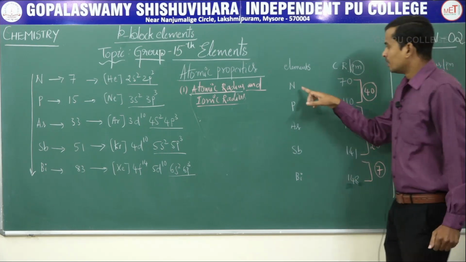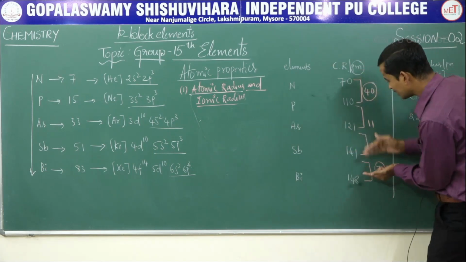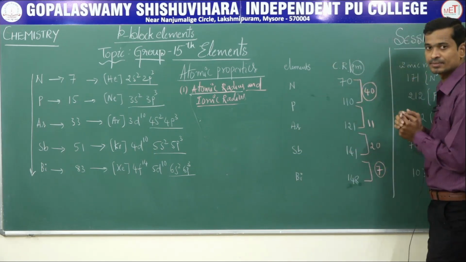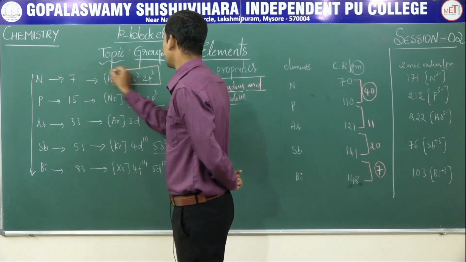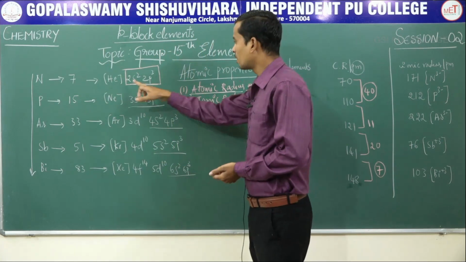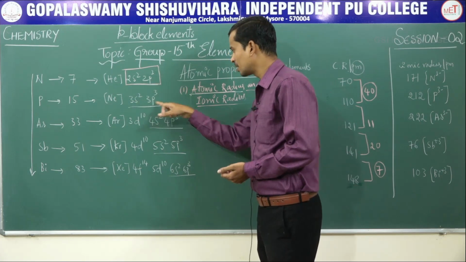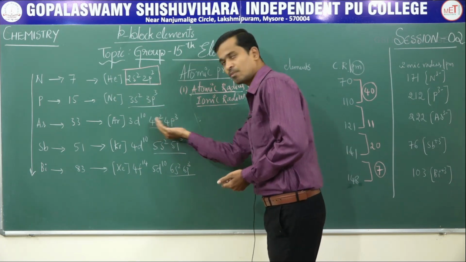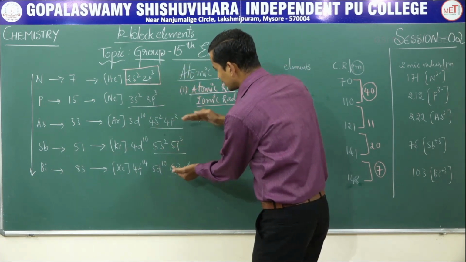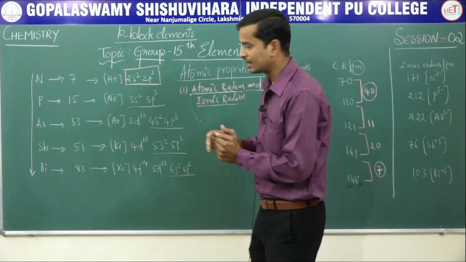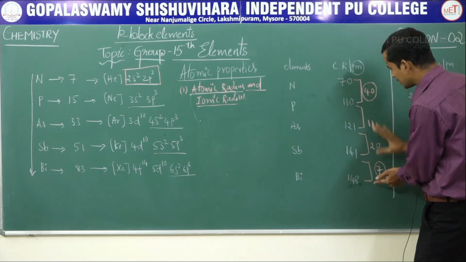What is the reason? The covalent radius increases, clear? But the increase is not in a regular manner. Why? What is the reason? Let us consider nitrogen: the valence principal quantum number is 2. Next, phosphorus, the principal quantum number is 3. Then principal quantum numbers 4, 5 and 6. With the addition of subshells the atomic radius increases, no doubt. But the increase is not regular.